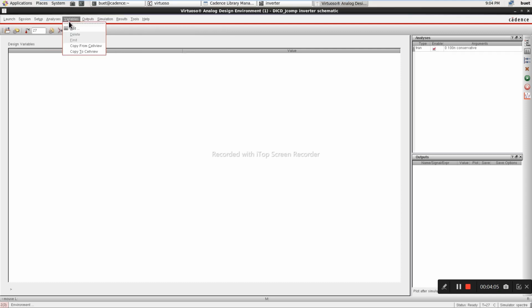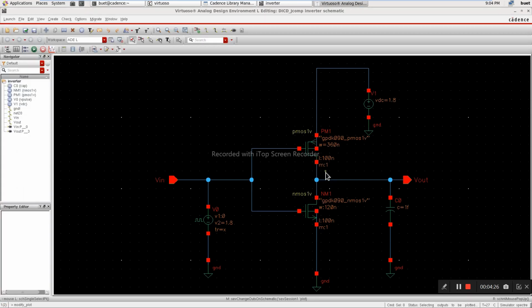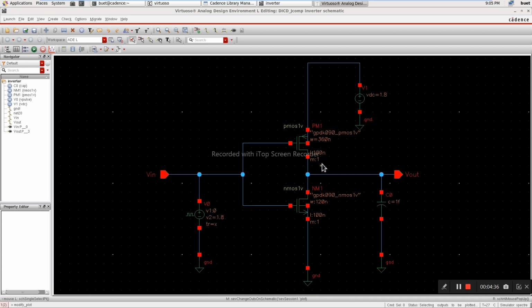Now variables, we incorporate variables. Only one variable, that is rise time, right? You can see copy from cell view. As soon as it comes into the picture, see x. Then how are the outputs to be plotted? Select on schematic. We have to plot two currents, right? Short circuit current and total current. Which is short circuit current and which is total current, as of now even I